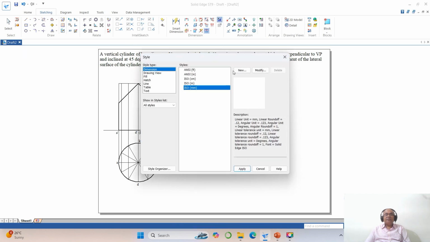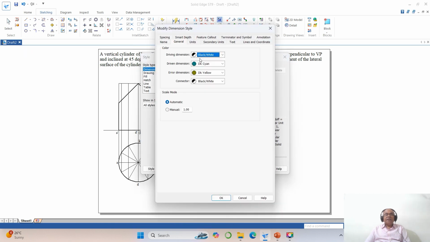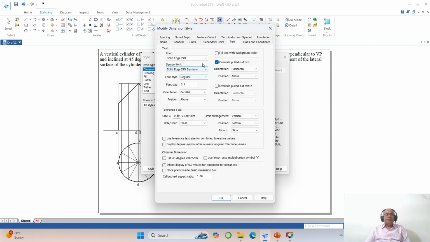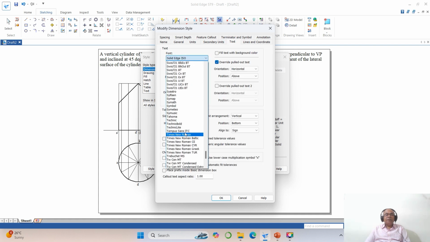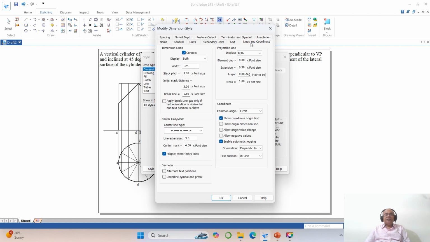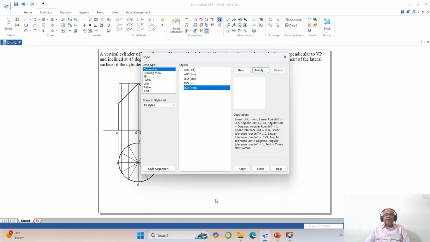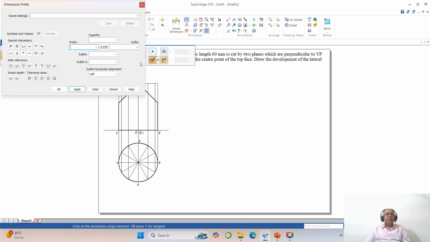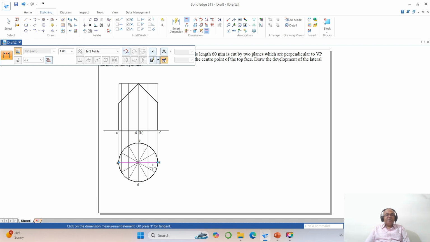Go to dimensioning styles, modify, general, take everything black, then go to text, take Times New Roman, then take the font size as 3, then go to lines and coordinates, 0.1, okay, apply. Now you go to distance between, go to symbol, go to diameter symbol, okay, select between these 2,